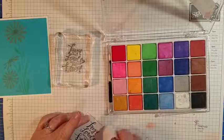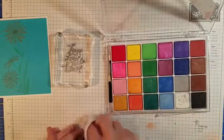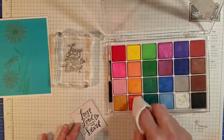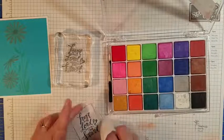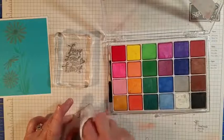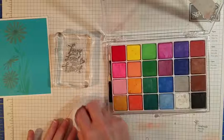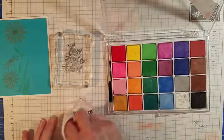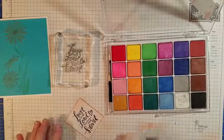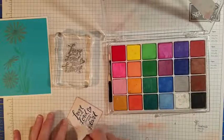and this is how I go about adding a little bit of chalk color to something that I don't want to be real pronounced. I just use a regular tissue. This is probably a Puffs Plus because that's what I use. I'm dabbing it into the chalk, and as you can see, I wipe away the excess on my paper pad before I go over the area on the sentiment that I want to make a soft color. And I'm using orange